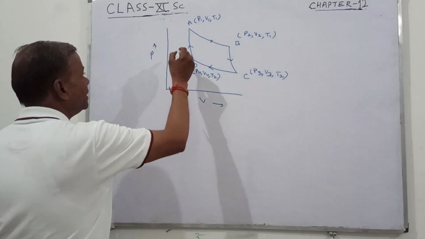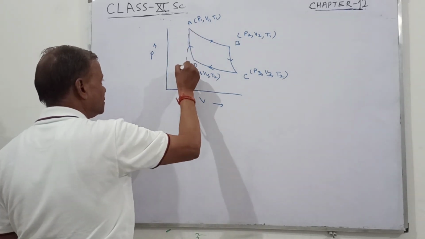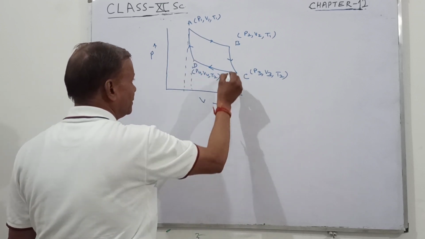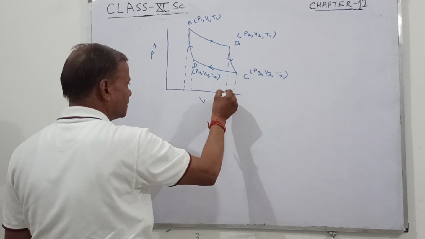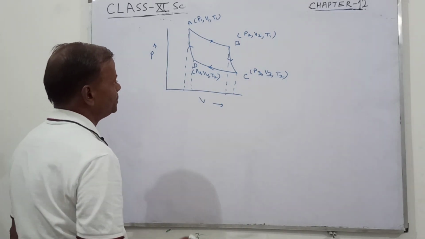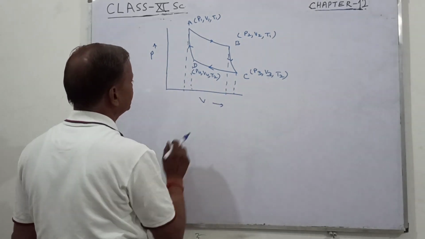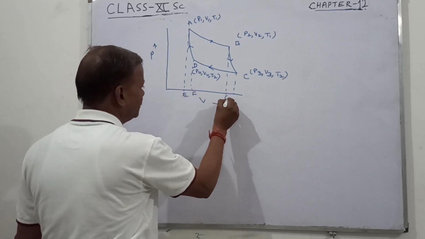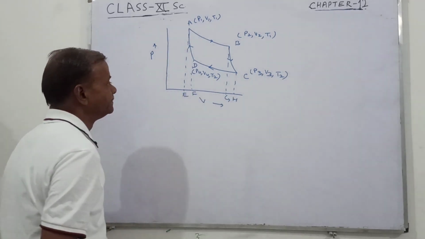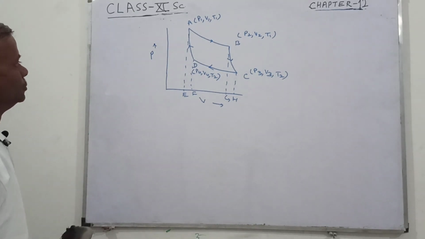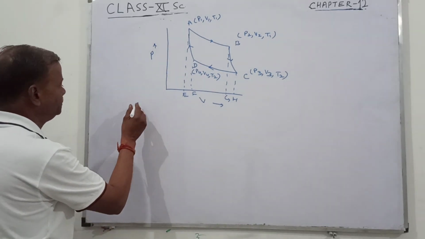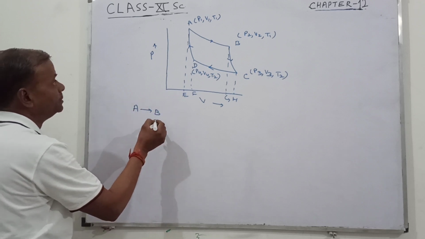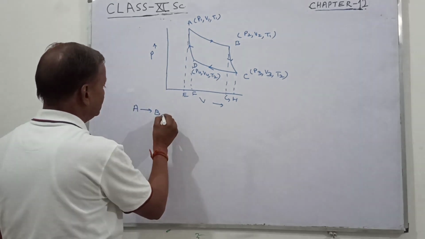So now we can have the area, A, B, C, D. A to B, this is